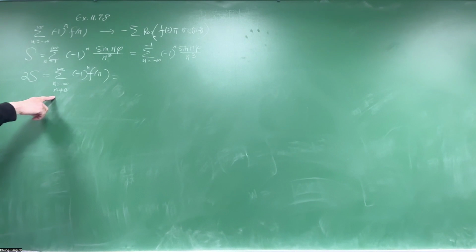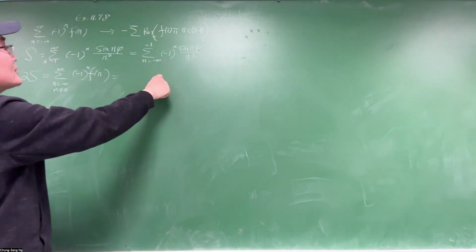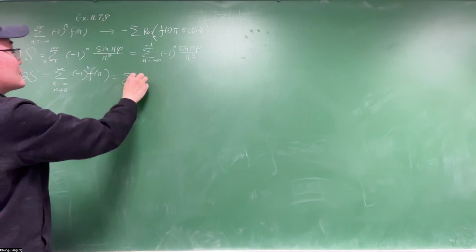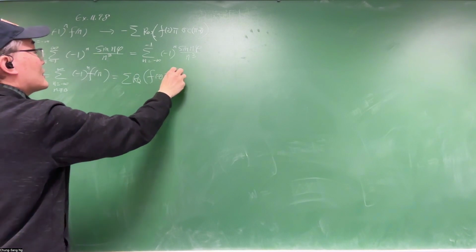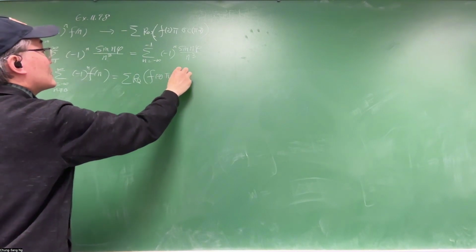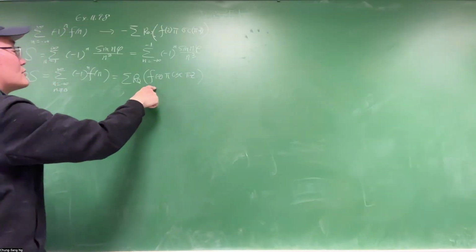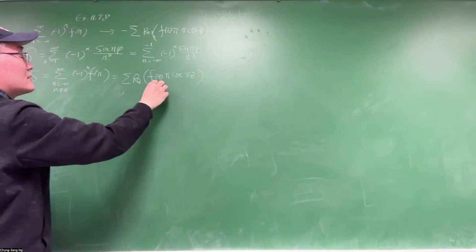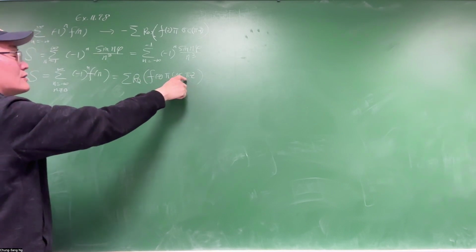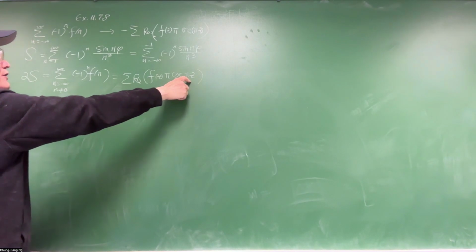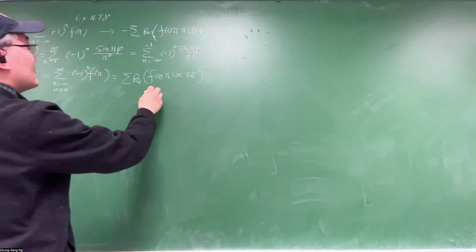So the right hand side should be the sum over the residues of f(c) times secant at the residues of f, and the zero of this one at c equals 0, right? So the residue of